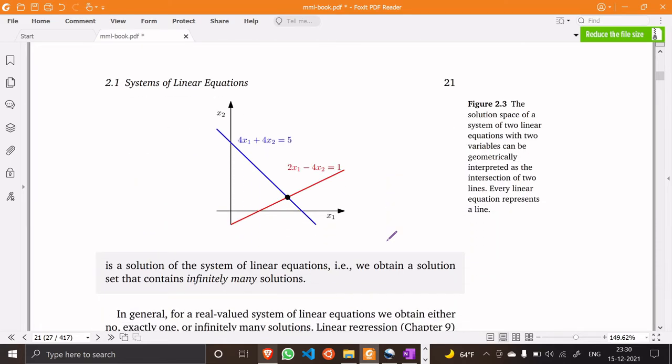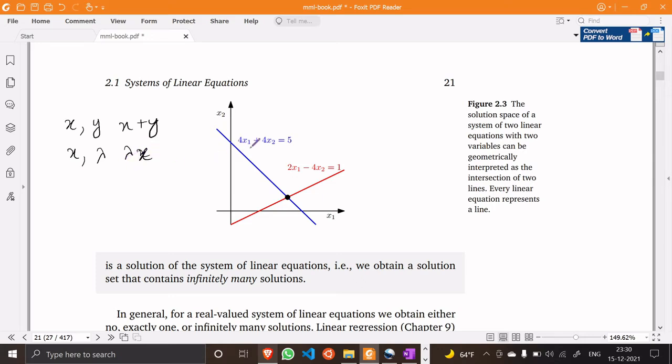Now we'll talk about a very simple example, and we'll see how linear algebra comes into the picture through this example. As we studied in the case of vectors, if x and y are vectors, then x plus y has to be a vector. And if x is a vector and lambda is a real number, then lambda times x is also a vector. So we have learned this much.